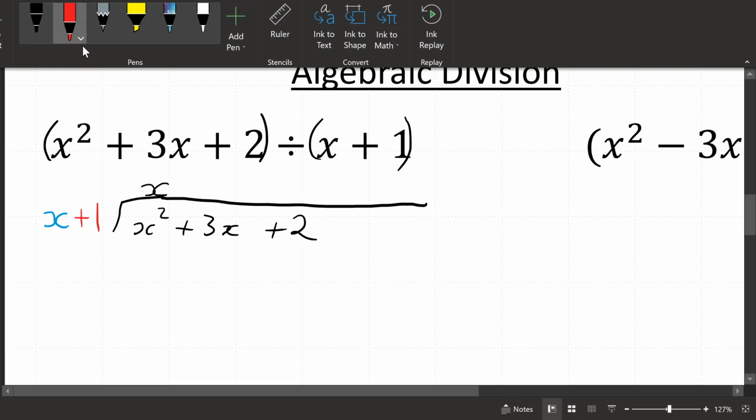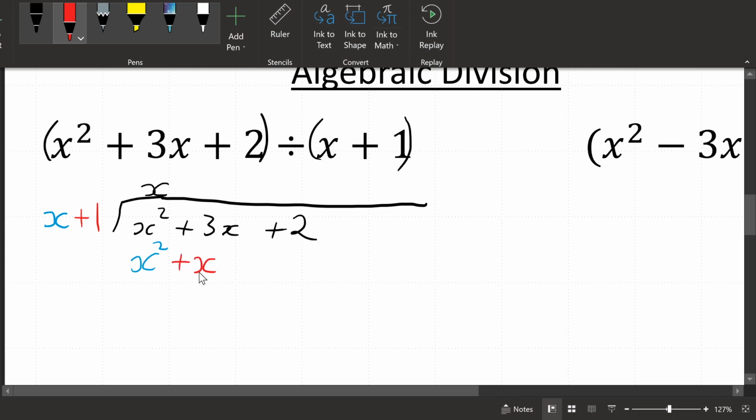So in the same way that you do long division, we're going to go, okay, x squared down here, but it isn't just x here, it's also plus 1. So we need to not only multiply the x by the x here to get x squared, we also need to multiply the plus 1 by the x,